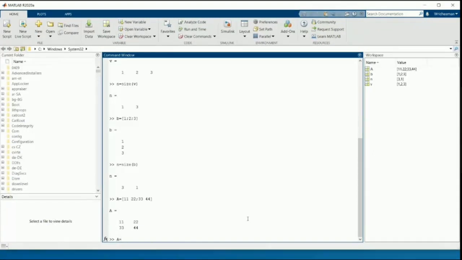We are assigning the matrix A. So we have got our matrix A. Now we will assign matrix B. We have got matrices A and B. We will now execute the multiplication of the two matrices.